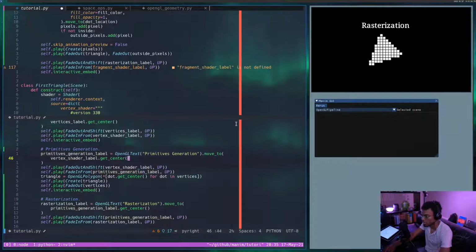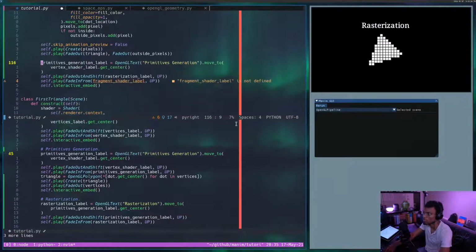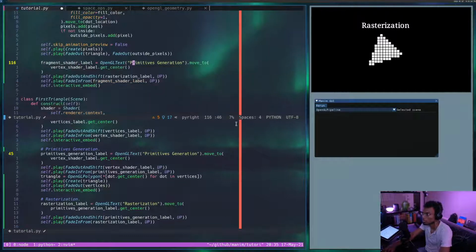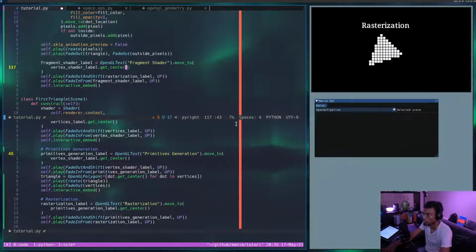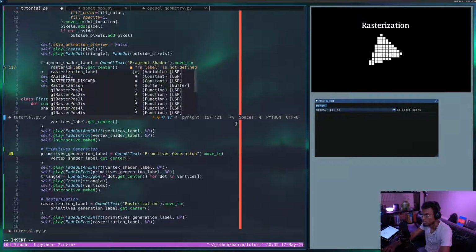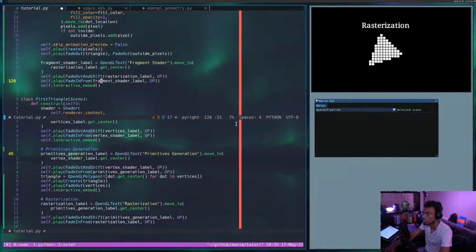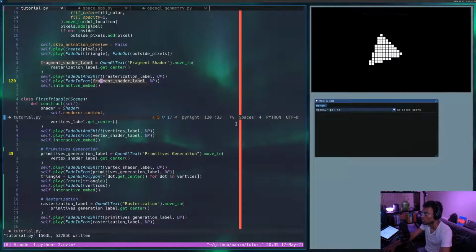Where's any of my... Oh, here we go. Just put it in the same place as the rasterization label. Okay, let's see how this looks. Okay, so that looks perfect. Then right after this happens, all I have to do, I think,